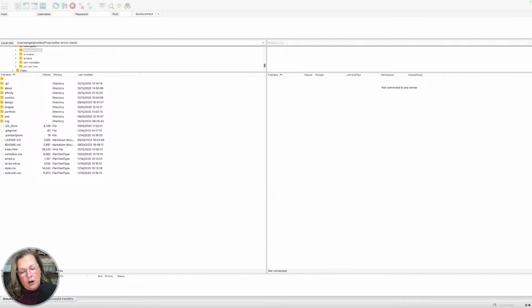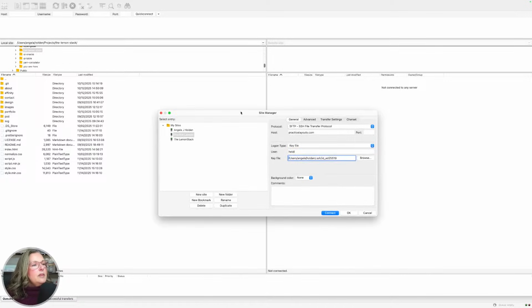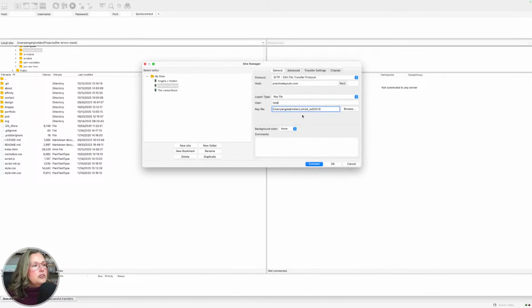I'm going to just browse. The key file is just the path to the SSH key to match up with the server. That's all this is. So now we can say connect, and in theory, we're going to be able to connect